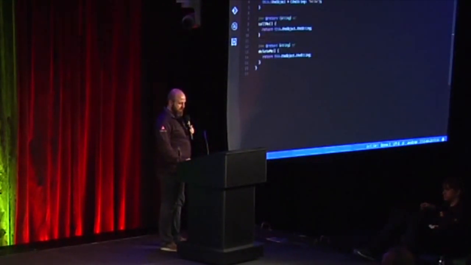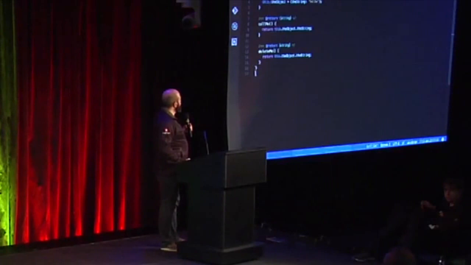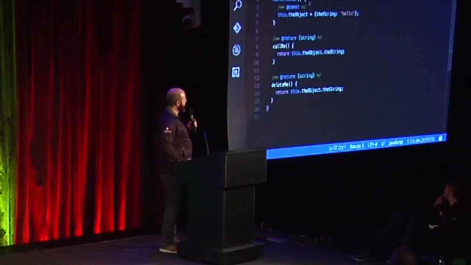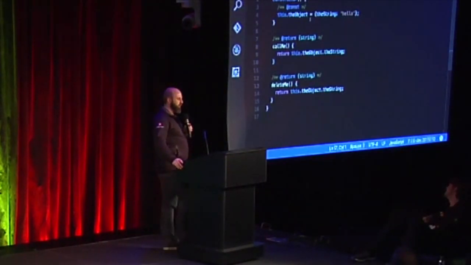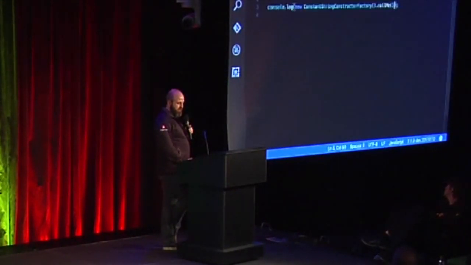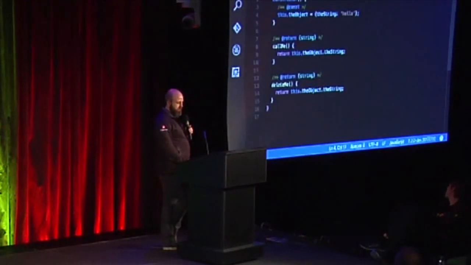I have just two files. One has an awkwardly named class. Somebody came from Java and decided to write constructor factories and very long names. If you have classes with long names and you're not renaming them, if you're not optimizing through Closure, this will start to weigh you down. You have some methods. This is one module. You have a second module, which imports the first one, constructs the class, and calls one of the methods. The second method says delete me. It is not called, so it's supposed to be deleted.